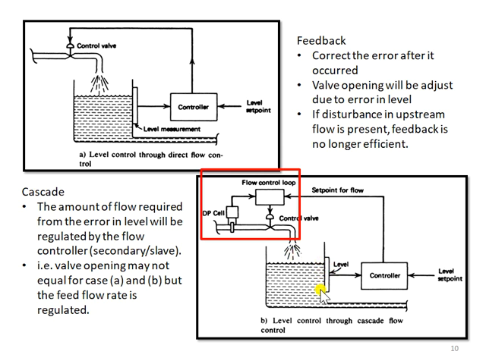If the level drops, the controller will send the flow rate signal. So in this case, without the cascade controller, the controller would send a signal of valve opening. But here, the controller will send the set value in terms of the flow rate instead of